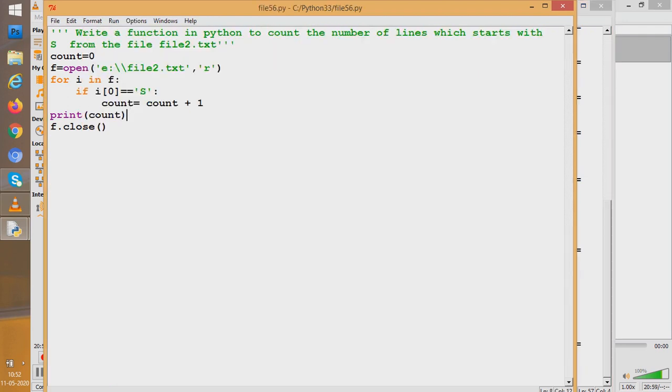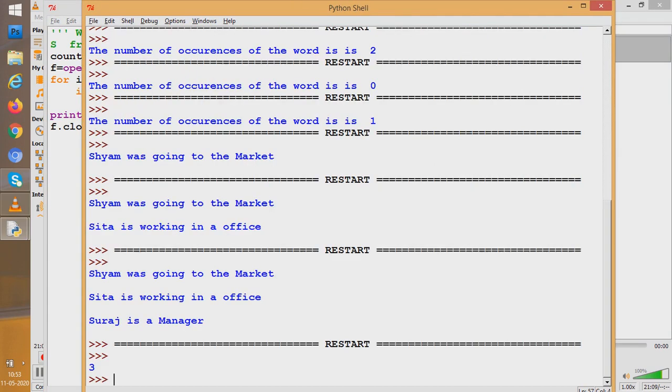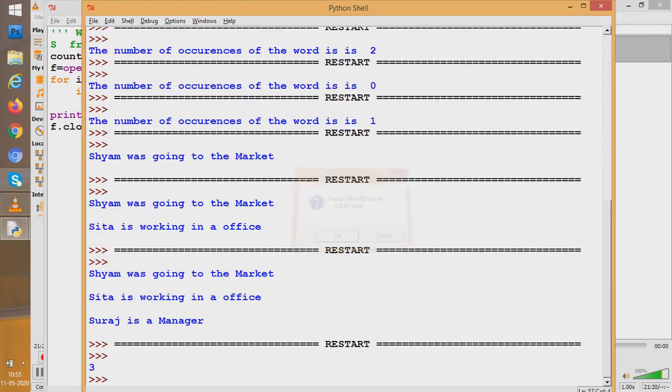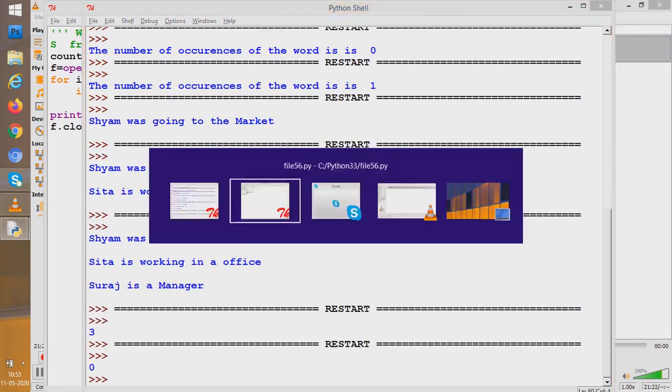So which function can you use? You could have used the readline function, but is it giving the right thing or not? Yes, all the lines start with S, therefore it is giving the right thing. If I give a different letter, it should give 0. So if I give capital R here, 0, none starts with capital R. So you understand how it works.